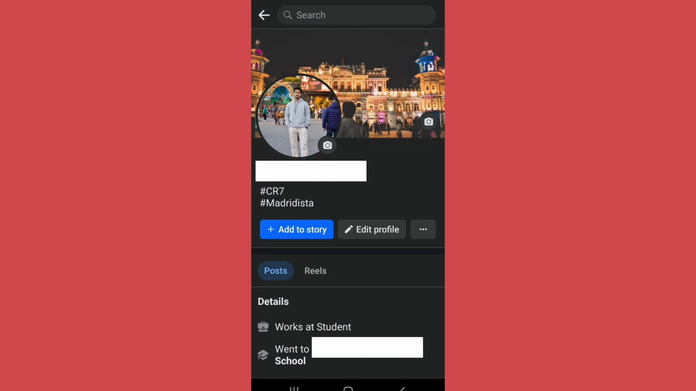Before going any further, let me remind you that you can see the people that viewed your profile on Facebook by turning on professional mode. However, if you don't turn on the professional mode, you won't be able to see the people that viewed your Facebook profile. So in order to turn on the professional mode, tap on the three dots on the right side